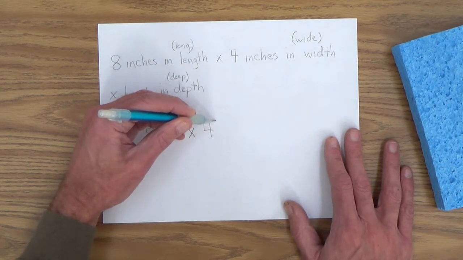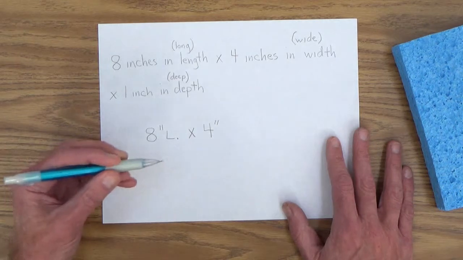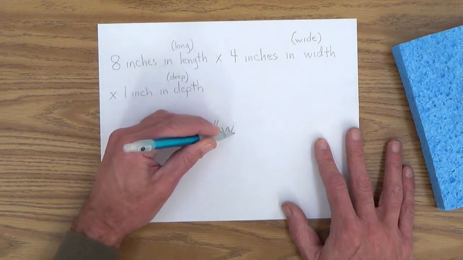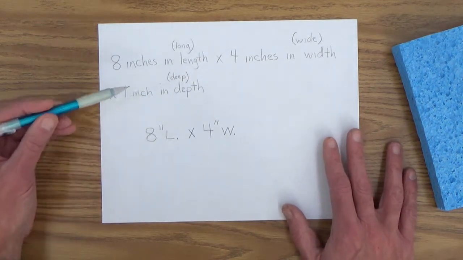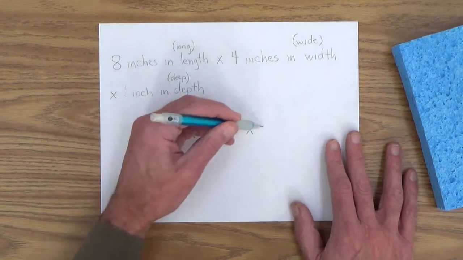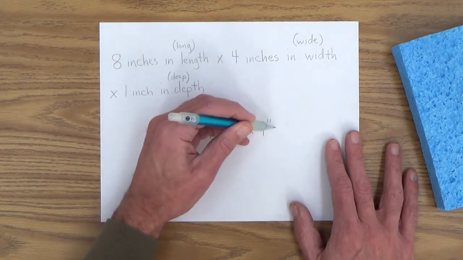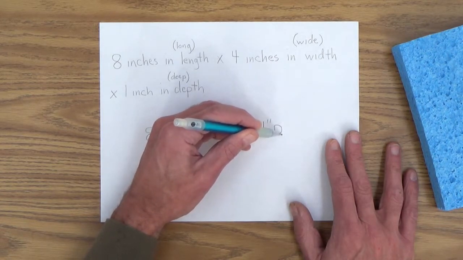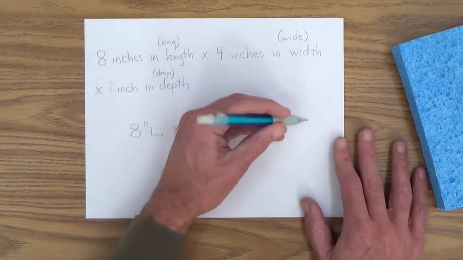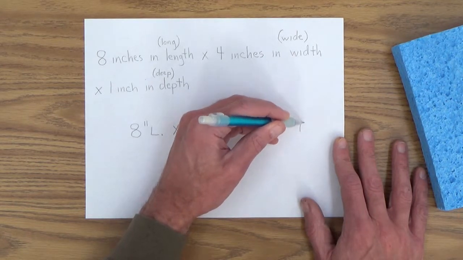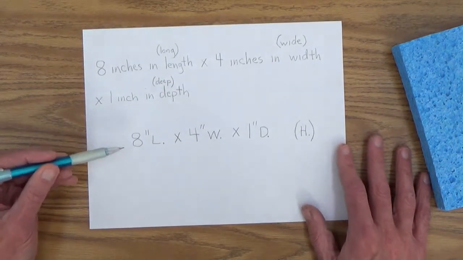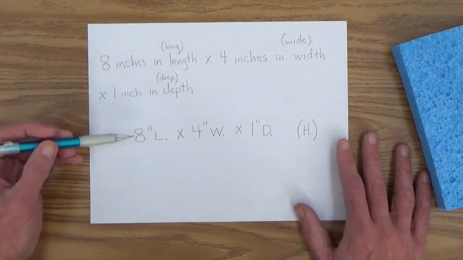4. And there's our inch symbol again. I'll show you what it looks like on a slant. By 4 inches wide. Let's use a capital W period for an abbreviation. And finally, by 1 inch deep. 1 inch, and I'll use a capital D period for deep. And of course, if this component of the measurement is height, I'll put that off over here in parenthesis. It would be a capital H period. So it's as simple as that, and obviously it's a much simpler way of writing all this information, a shorthand, if you will,